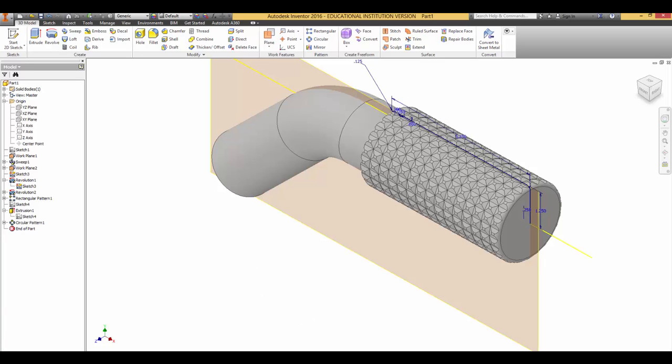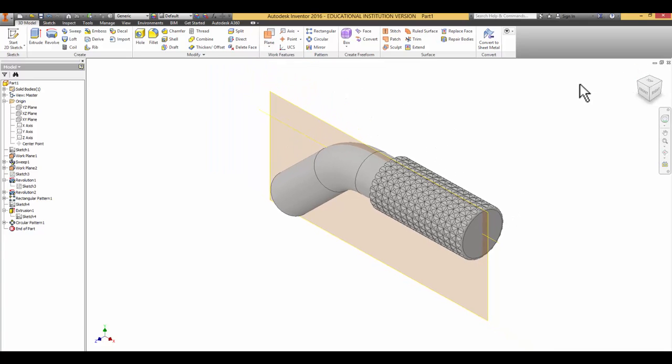The next thing that we're going to do is I'm going to clean this up a little bit because we're not going to be needing all of these sketches again. So I'm going to right click and take the visibility off of this, and that makes it look a lot better. We will use very possibly this plane again shortly, so I'm not going to take the visibility off of it. So let me click home,